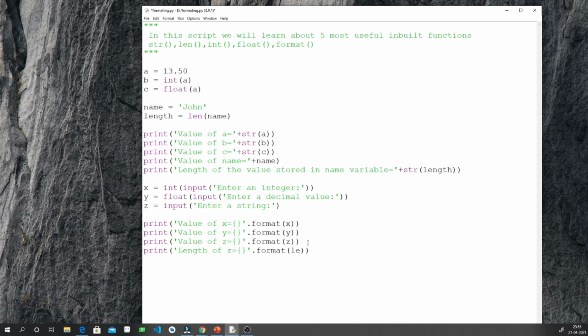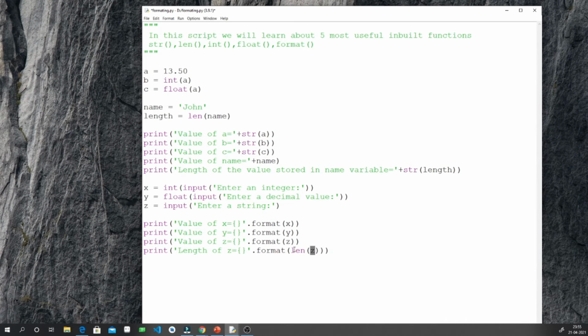Now to print the length of z, I will type len, then I will pass z. So we can do it like this. Inside a function we can pass another function, and inside that we will pass the value.